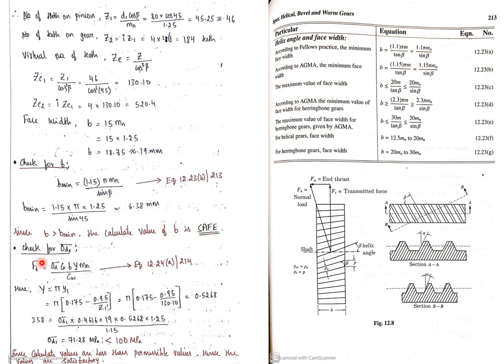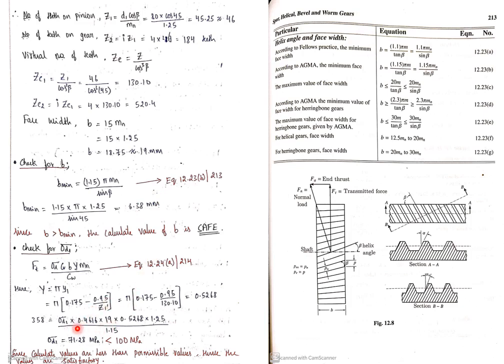Now again we have to check the design stress, that is the static allowable strength. So how to check for this? From page number 214 we have this formula, the tangential tooth load formula, sigma d equals Cv by mn by Cw, where all the parameters are known. But since we have standardized the module, we have calculated the number of teeth on pinion and gear once again, hence we have to calculate it once again.